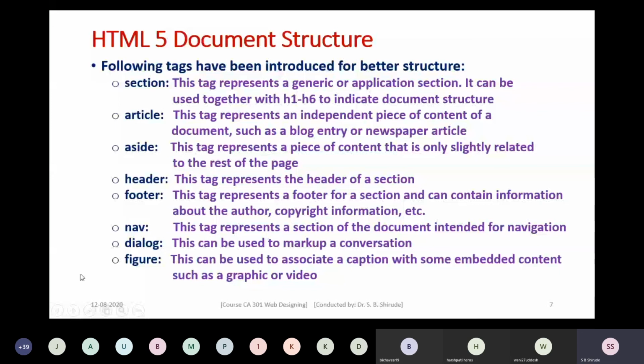See, all these are the tags that you can use for better structuring. They are not exactly reflecting any design in the web page when we use them to mark up some text, but these are for logical purposes. For example, if you want to extract the copyright information from a particular web page, how can you extract it?